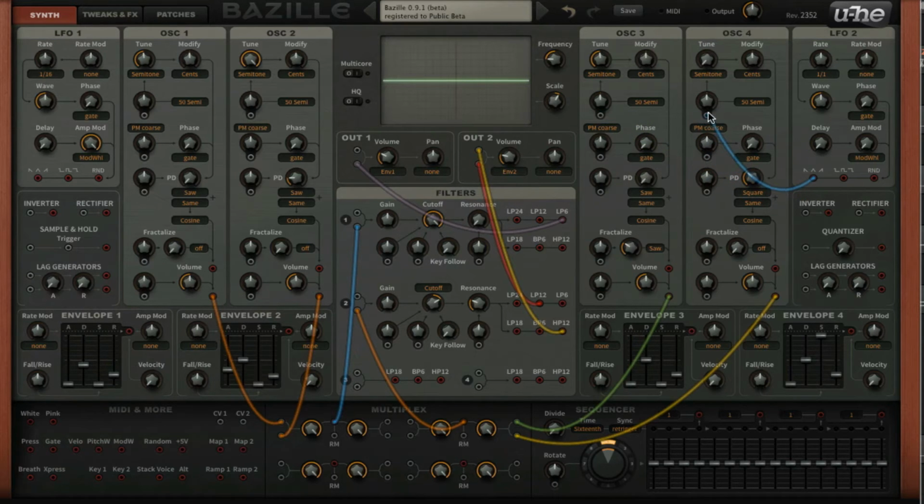to this modulation knob of the tuning, and I do that for all 4 oscillators. And then one other thing I have to do is I have to set this 50 semitones to cents, because I want it to be subtle, so I don't want it to modulate semitones but just these cents. So I'm gonna change that on all 4, and then I'm gonna give them some sort of an amount,